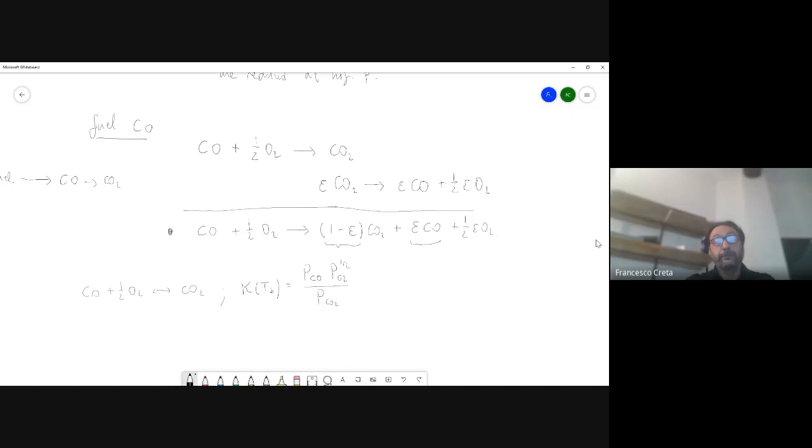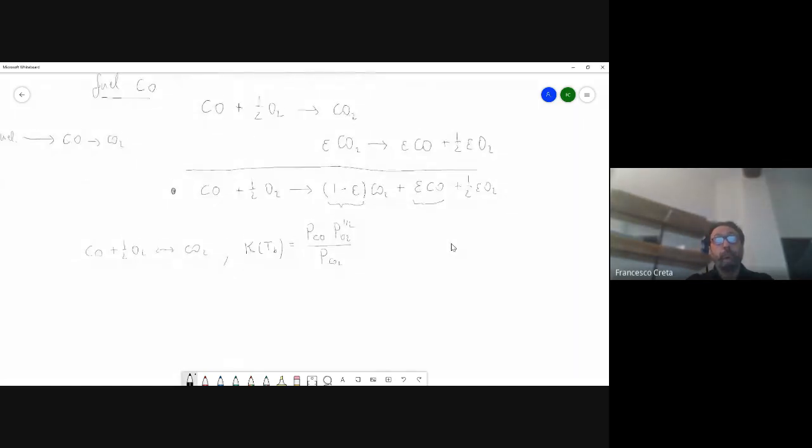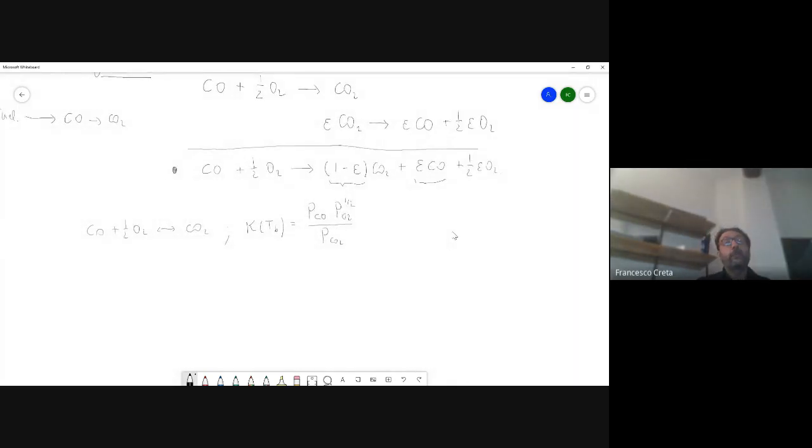Now, this is for the complete oxidation. But if we consider the final equilibrium composition with epsilon amount of dissociation, we have that